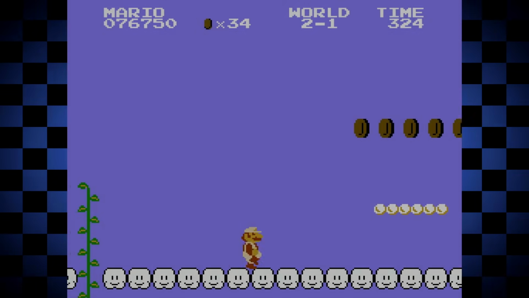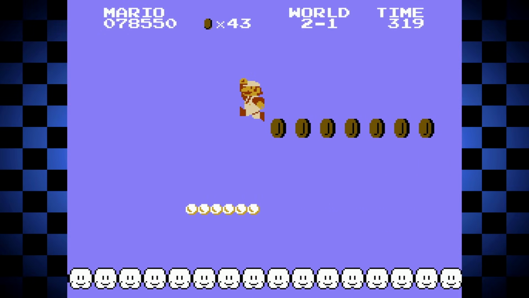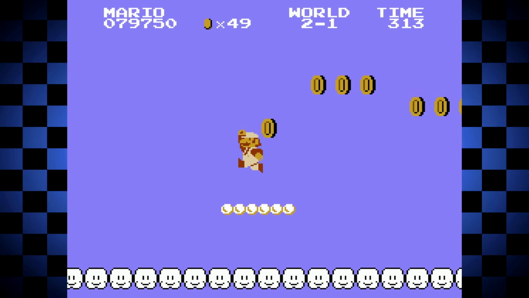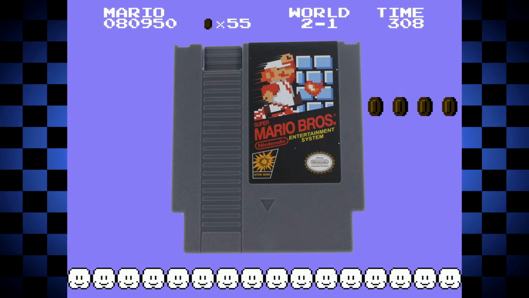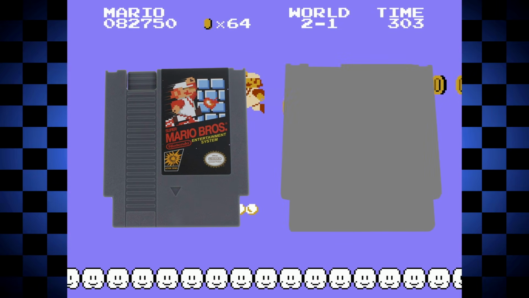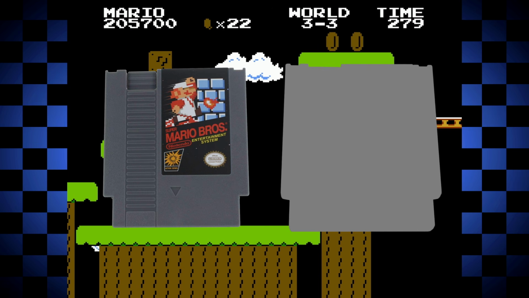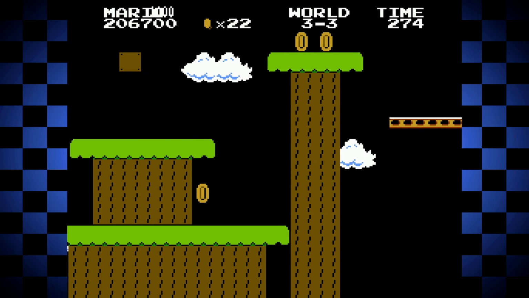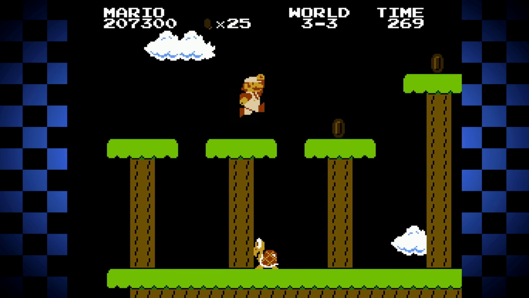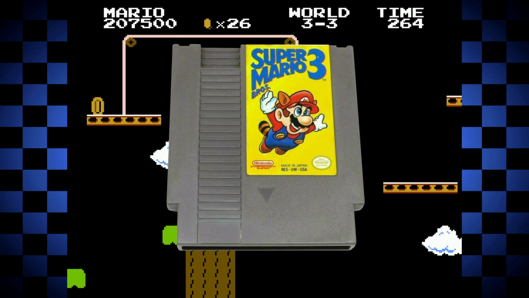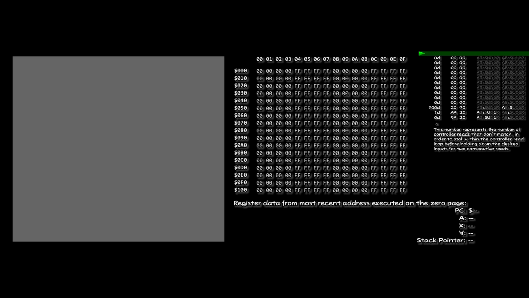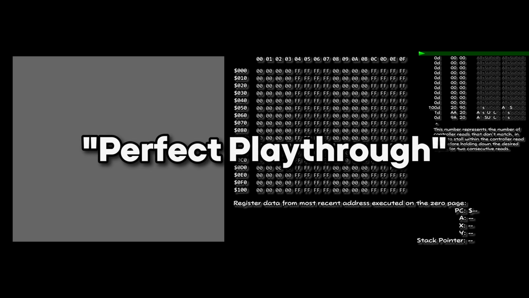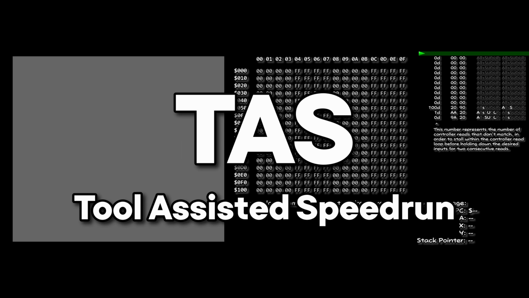One of the main things that sets this arbitrary code execution apart from the others is that it not only uses Super Mario Bros., but also an additional game, so that Super Mario Bros. can be manipulated through total control. In this case, Super Mario Bros. 3 is used. In addition, 100th Coin had already used tools to make a perfect playthrough, known as a tool-assisted